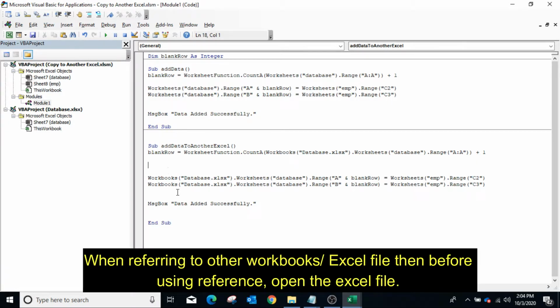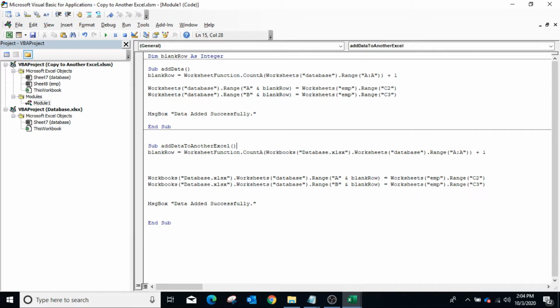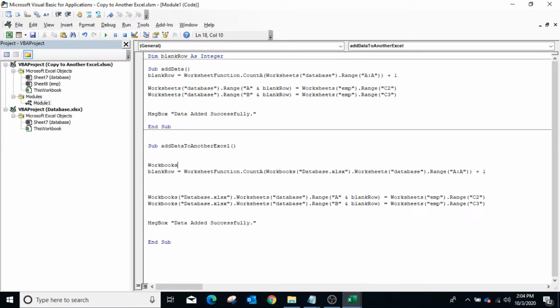So before using the code, we have to open the workbook. So to open the workbook, type workbooks dot open, specify the complete path of the second file.